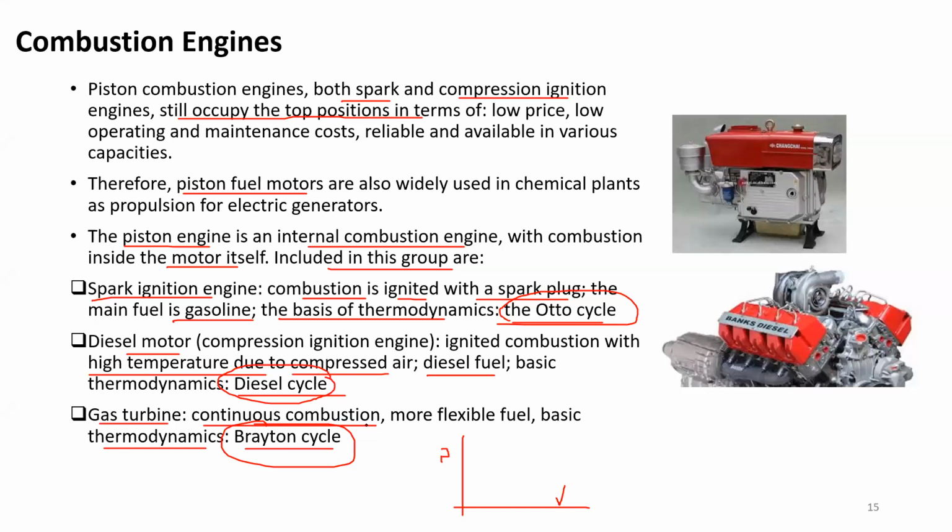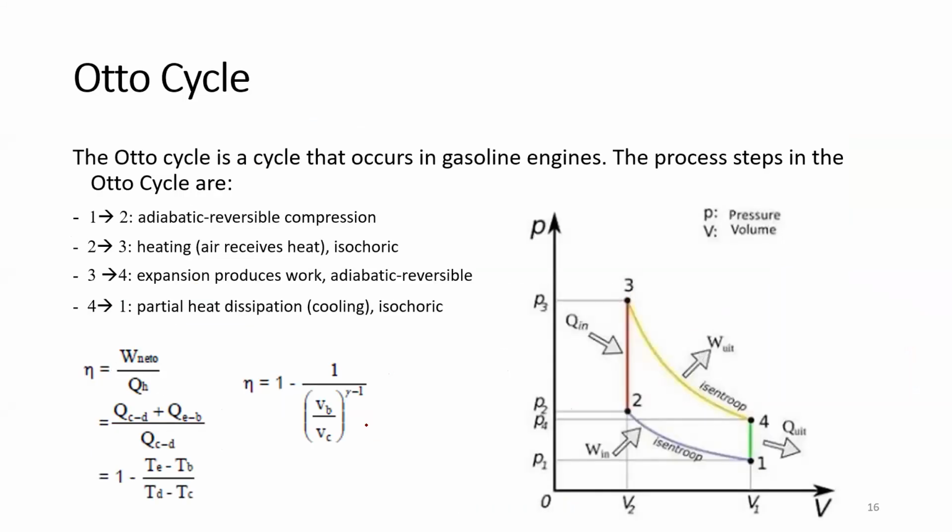I frankly only remember the efficiency, like Kevin said. I don't remember much, but for the Otto and Diesel cycle, the difference is that the Diesel cycle, I think, is at constant pressure, was it? And the Otto is at constant volume, right? Okay, yes, it's correct.